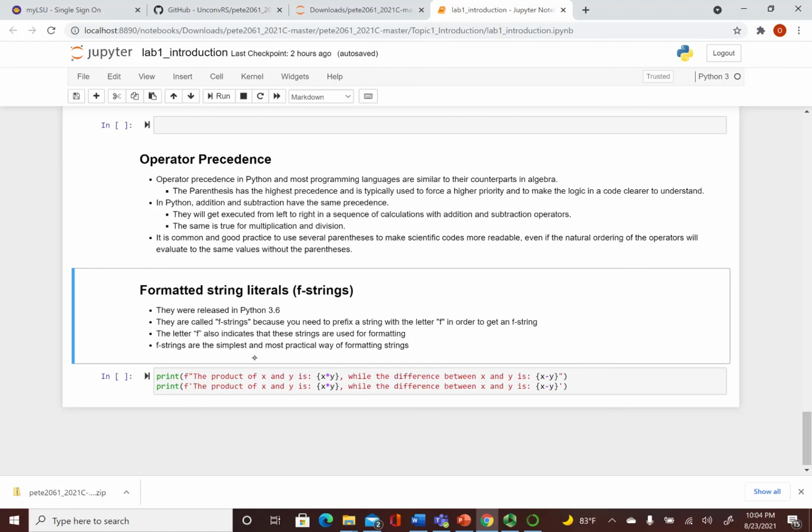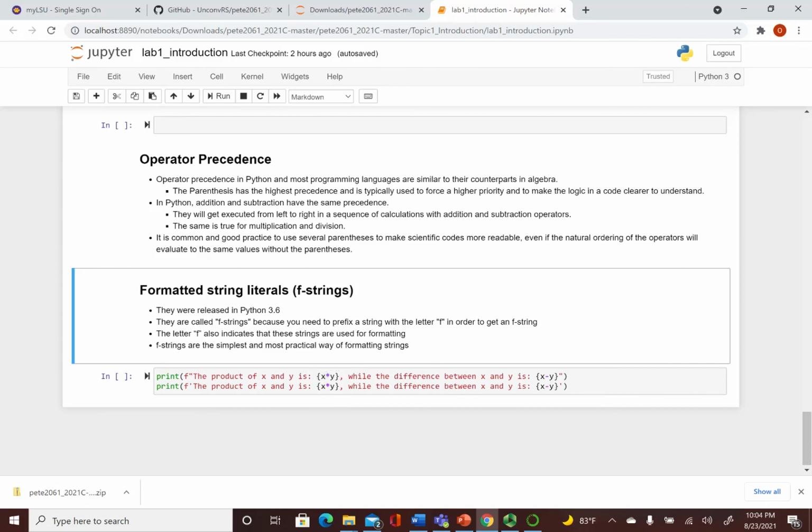The most efficient, most practical, and also the simplest way to format strings is to use F strings. It means that instead of just having double quotes and printing out stuff, before the double quotes you put the F, right? And so normally everything else will just be a string. What is different with this F string, just because you've put an F before it, is that you can go anywhere in the middle of the string and put curly brackets. And whatever you put inside the curly brackets is going to evaluate the variable names or the values you put in there. So this will function like standard